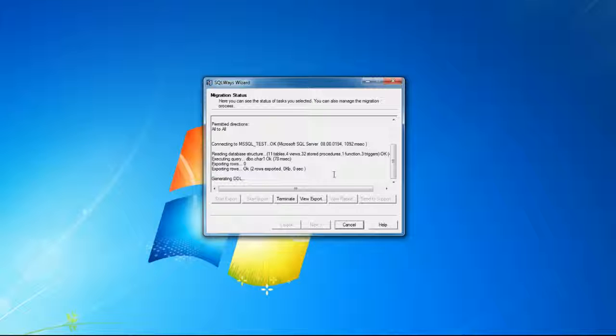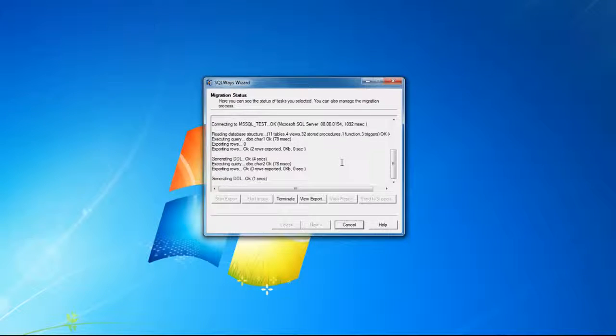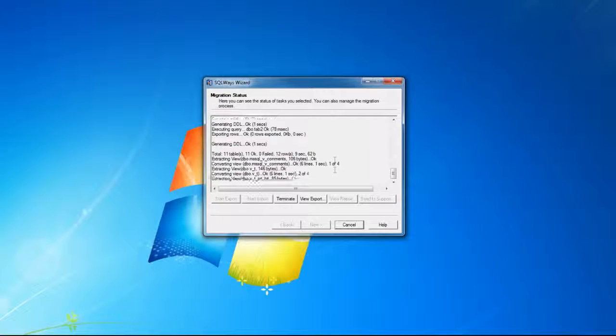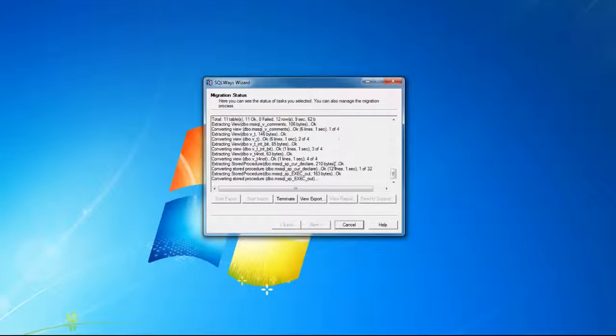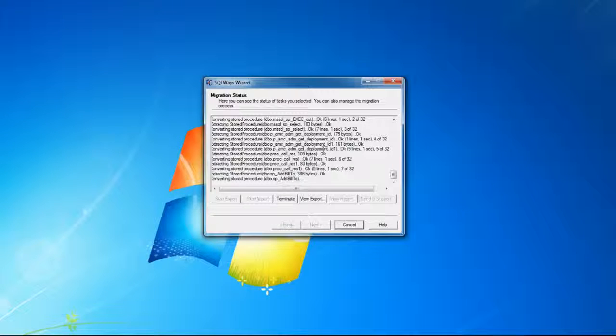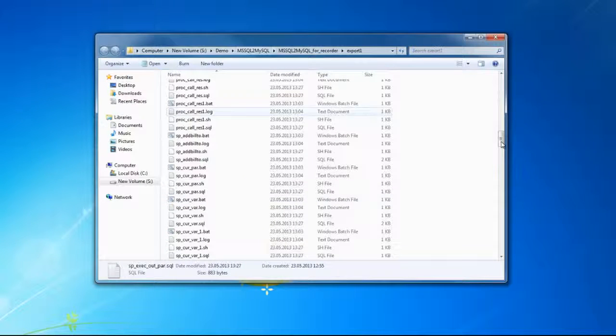So here at this point our tool connects to the source database, a Microsoft SQL Server, and extracts all the objects one by one from the source database, converts the scripts and the data stored in this database, and stores this information in the export directory in the appropriate format. So we can go to the view export page, and we can see a set of files that has been created so far by our tool